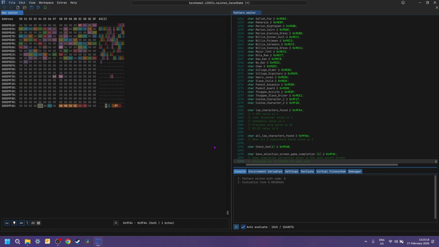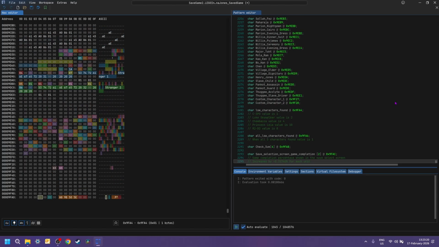But yeah, the Star Wars characters you can find in game, they have a value assigned to them when you find them. So if you go back to the same location where you found them, it won't play that mini cutscene again. And then there's a value that changes when they're all found.